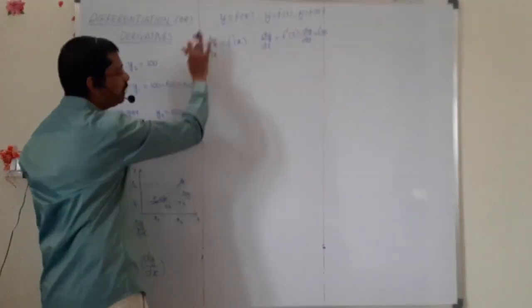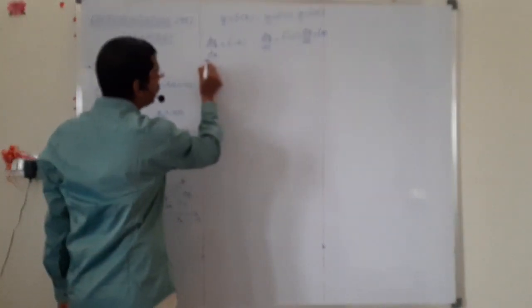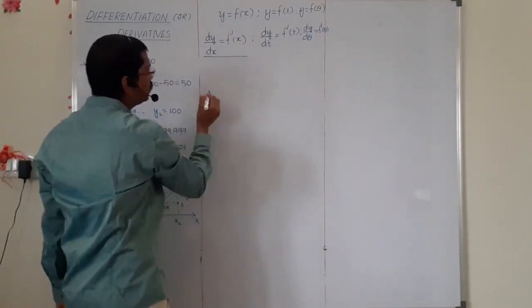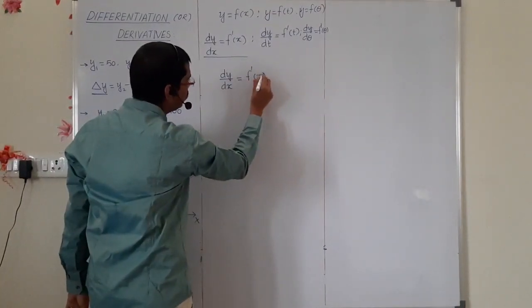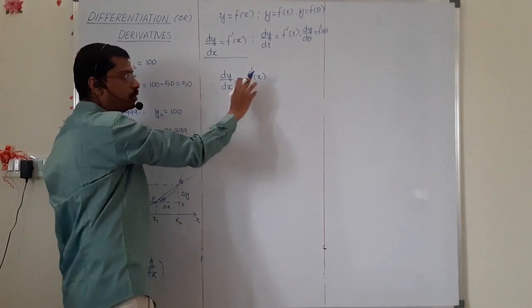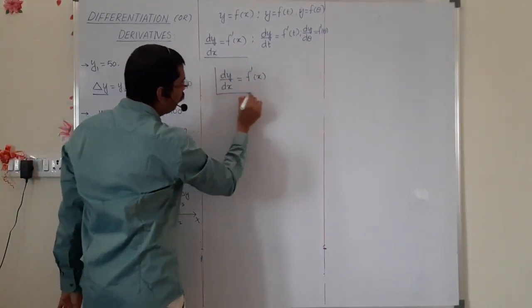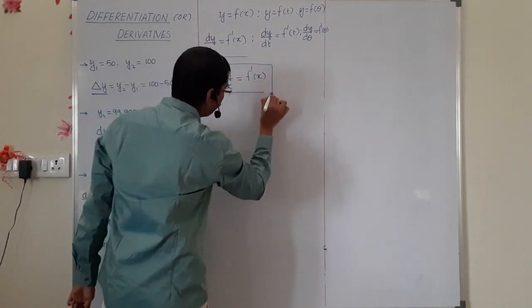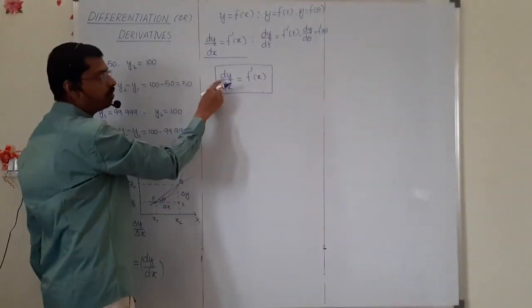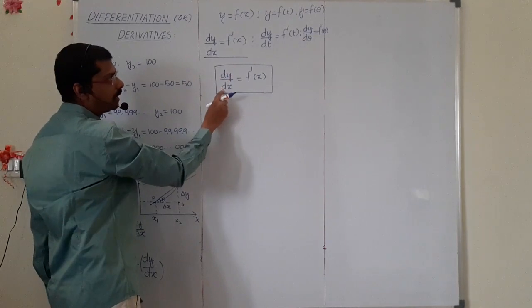Similarly, in this condition, if I am taking out of 3, I am taking this value. Now here dy upon dx is equal to f of x. This is our differentiation function, a new function will come. In this case, some formulas are there. What are the formulas? In this kind, how can we pronounce the differentiation of y with respect to x?